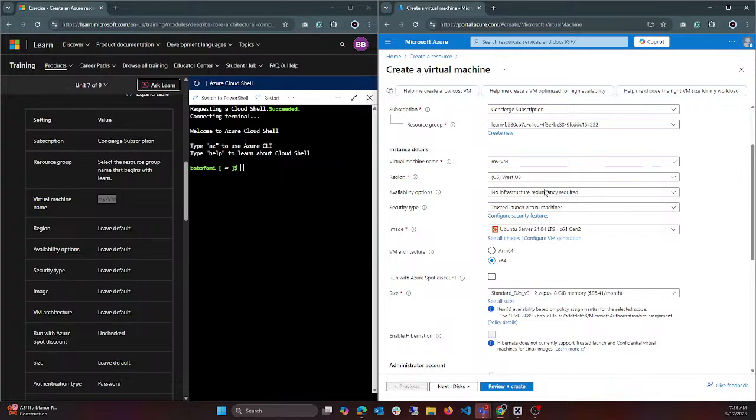Security type, leave default. Image, leave default. Image is your operating system. Now, we talked about the fact that when you're creating an IaaS service, you have the permission, the authority to decide which operating system goes in there. Because at the end of the day, you will be the one to manage everything regarding that particular resource